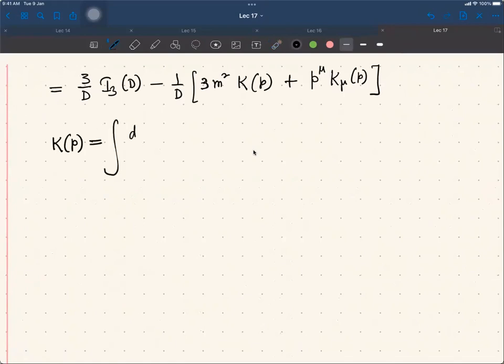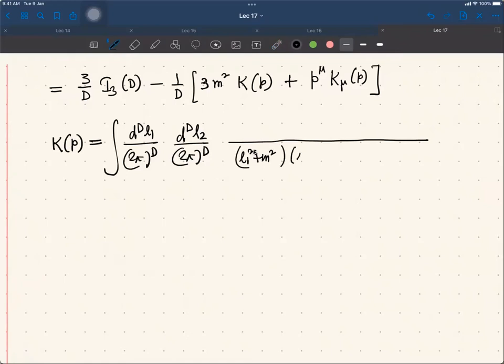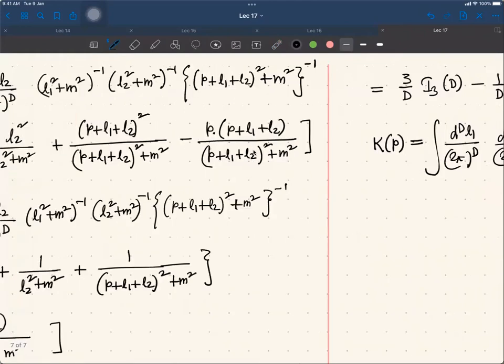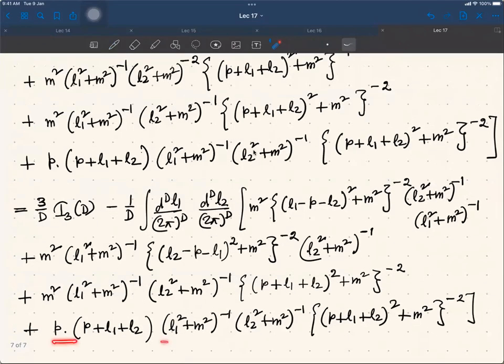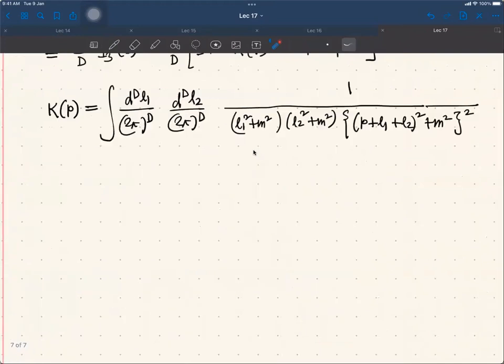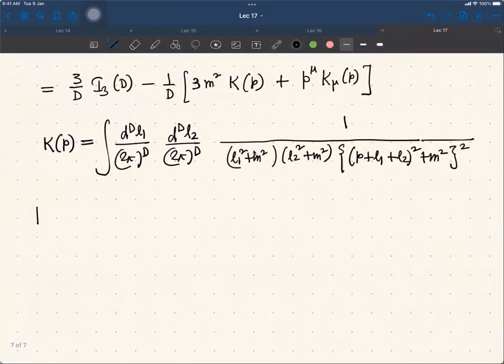So K(p) is given by the integral d^d L1 by 2 pi to the d, d^d L2 by 2 pi to the d, times L1 square plus m square, L2 square plus m square. And the last term is p dot something, so that is p mu K mu, and therefore K mu of p is given by